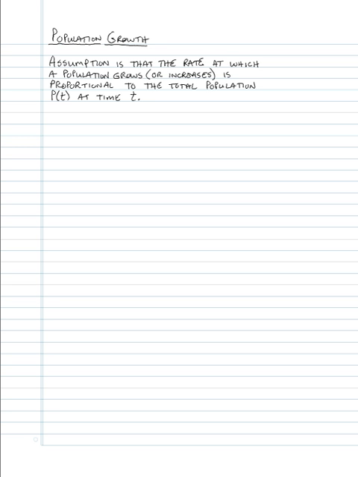In other words, the more people there are at some time t, the more there are going to be in the future, because the growth rate is increasing. So let's write this down mathematically. The big assumption here is the rate at which the population grows. Well, of course, rate is something we recognize as a derivative. So what this is assuming mathematically,